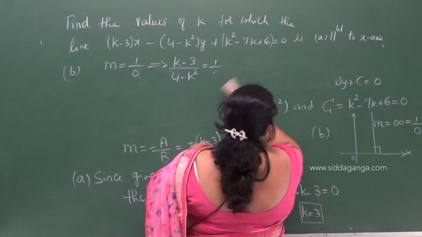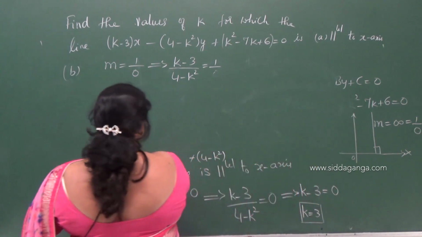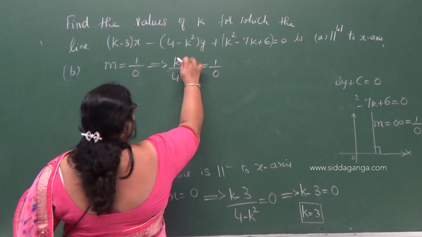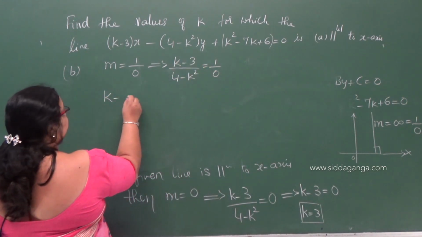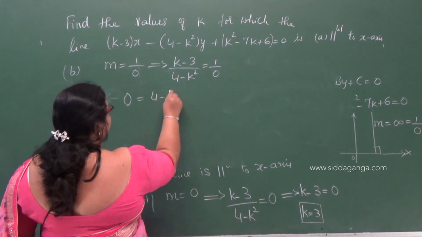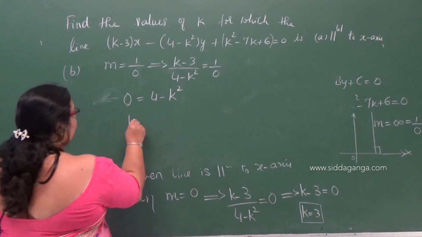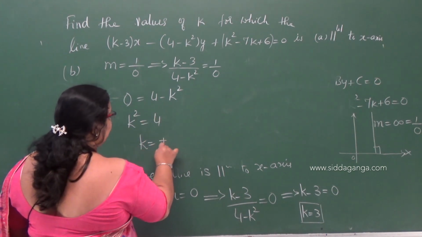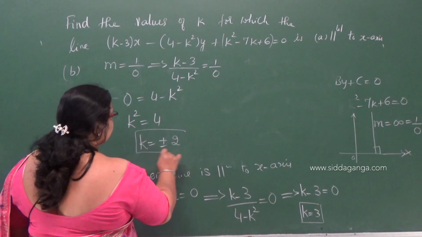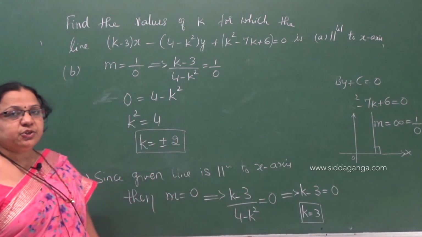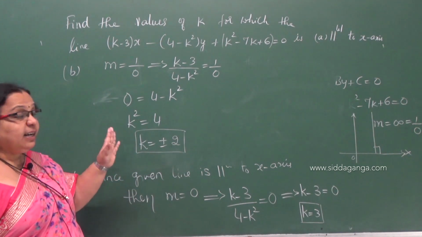Now cross multiply. We get k minus 3 into 0, which is 0, equal to 4 minus k square, or k square equal to 4, k equal to plus or minus 2. So for the values k equal to plus 2 and minus 2, the given line will be parallel to